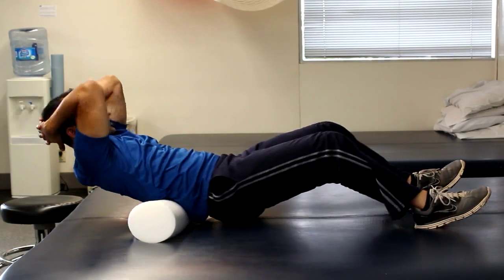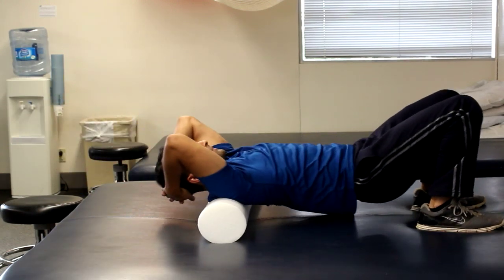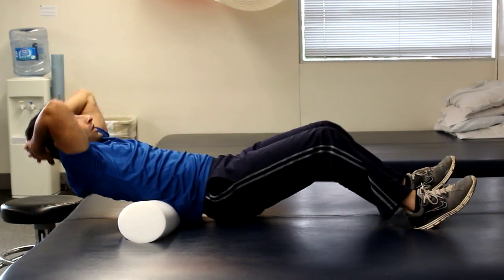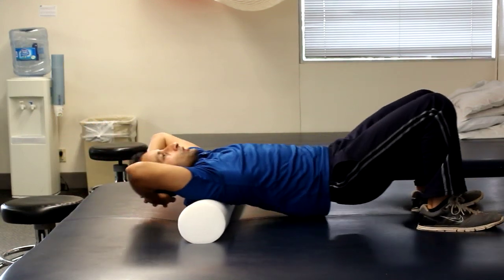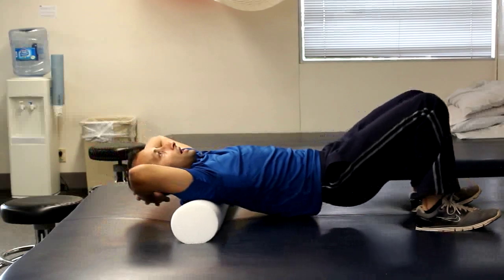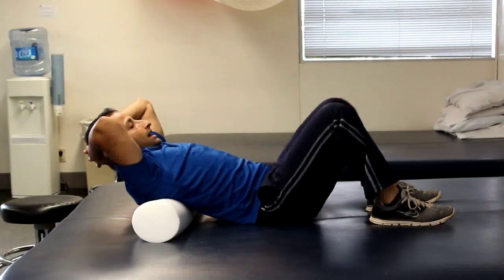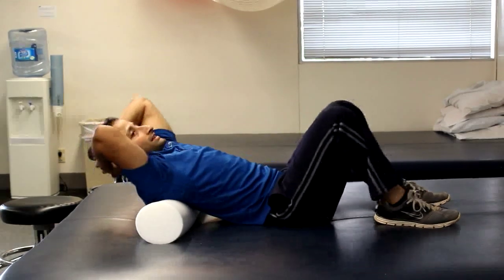So I'm going to roll back and forth. I go just about where the rib cage ends, and I go up to the top here. So I'm going back and forth, massaging those erector spinae along the path also, as well as the spine, mobilizing those joints. Now the third thing I could always do is I can work just on the extension part,